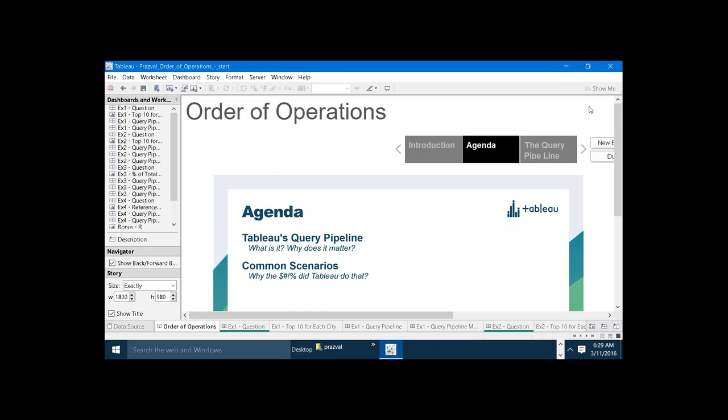The next scenario is order of operations. So what is the meaning of order of operations? Order of operations means if you build any visualization in Tableau, which order Tableau will follow while executing. So till now we have seen individual things like defining filters, defining calculations, and adding the